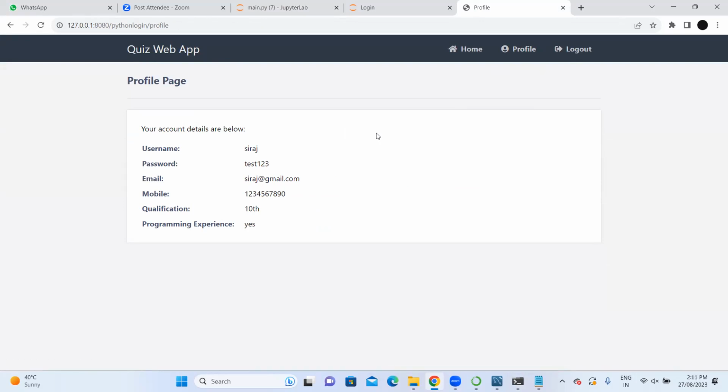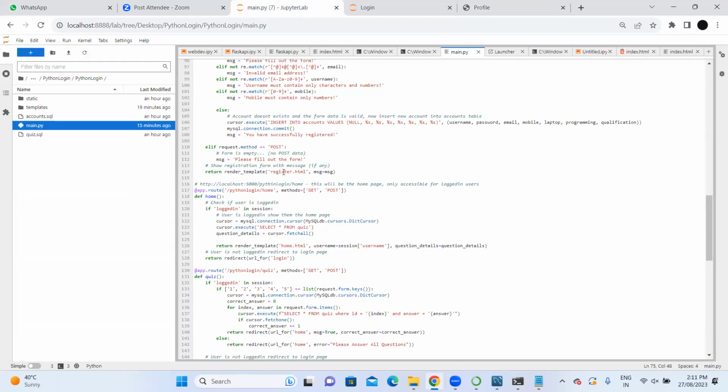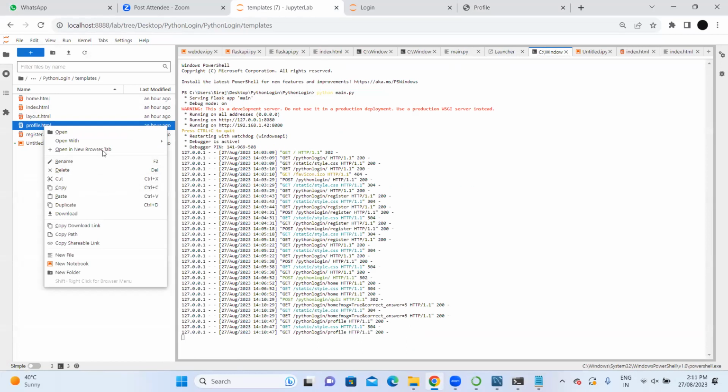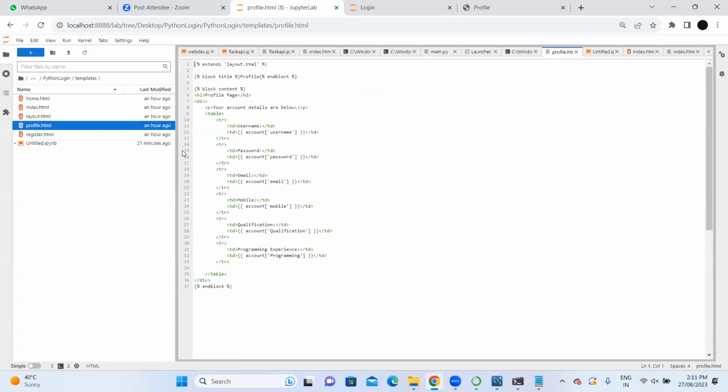By the way, can you go to Jupyter Lab? Go to templates. Templates folder. Right click on profile and say open with editor. Here you can also